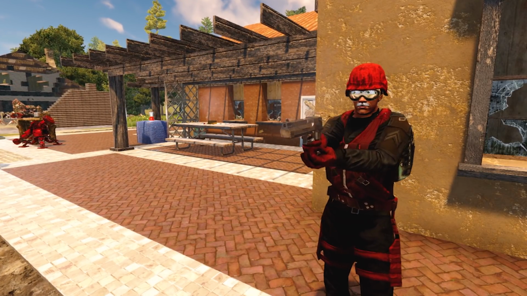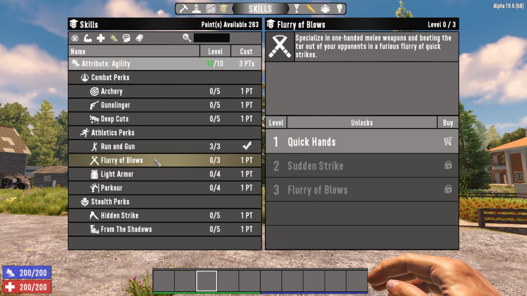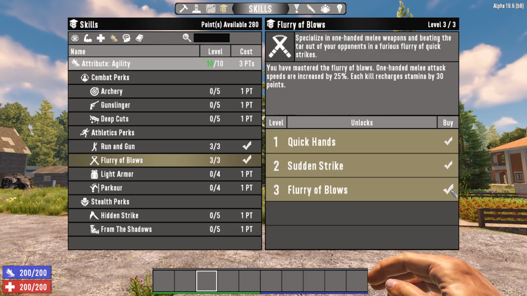But what about Flurry of Blows? Well, much like Run and Gun, Flurry of Blows has three ranks, with the final one needing agility 7. So it's not a whole hog investment, which is always nice. With the final rank of Flurry of Blows, you'll have a